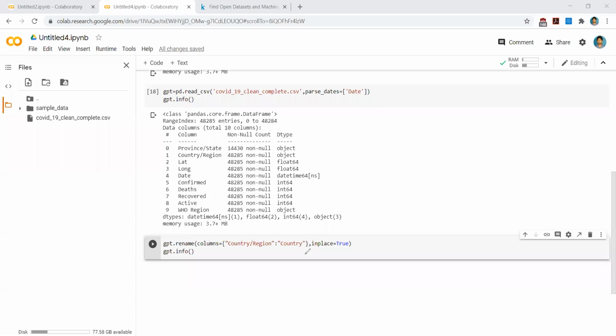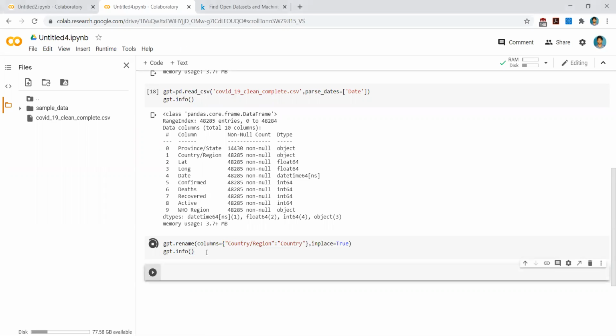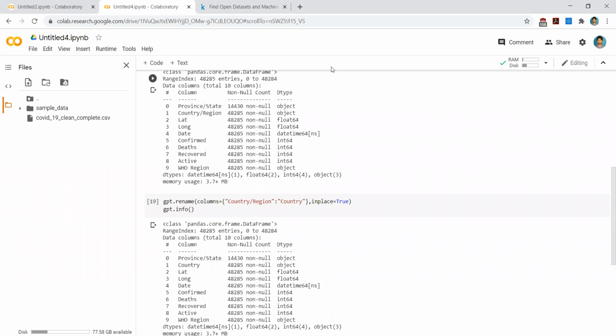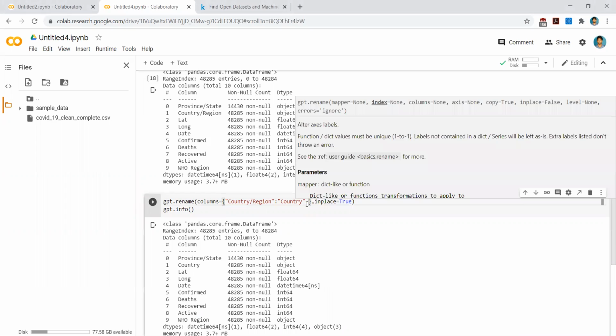So if we execute this, we are executing this. See here, the country region is changed to country. Similarly, you want to change, for example, latitude.